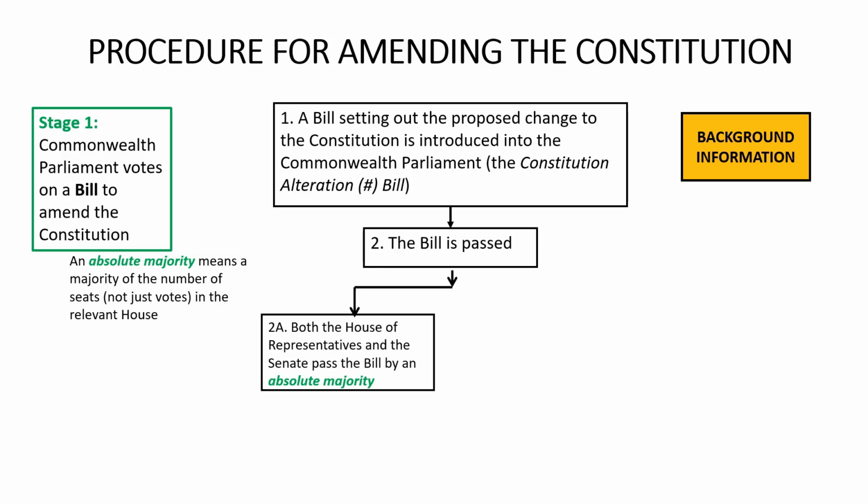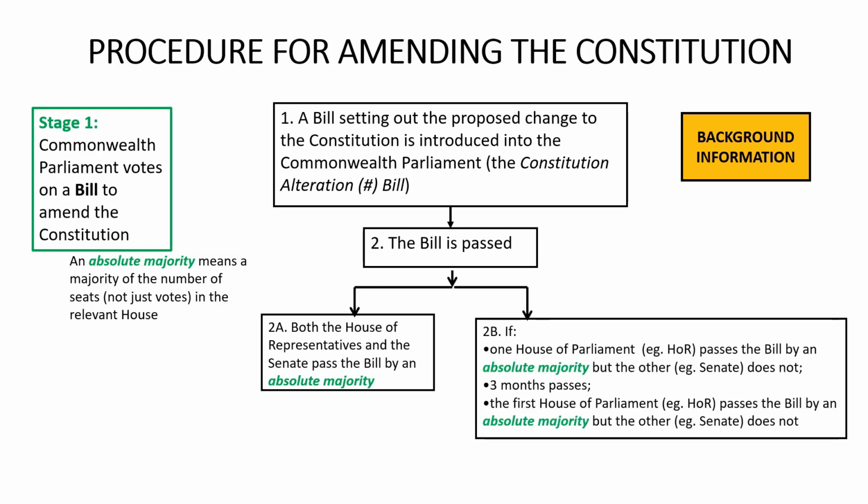The second possible way, which has never been used, is where the House of Representatives passes the bill by an absolute majority, but the Senate does not. In that case, after 3 months has elapsed, the House of Representatives can again vote on the bill. If the House of Representatives again passes the bill by an absolute majority, but the Senate again does not, then,